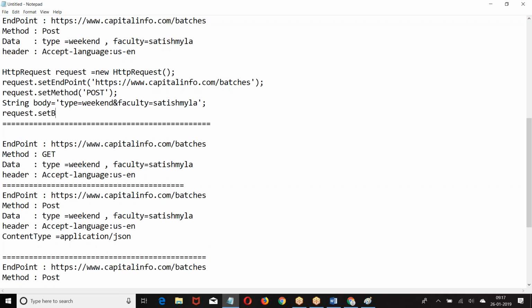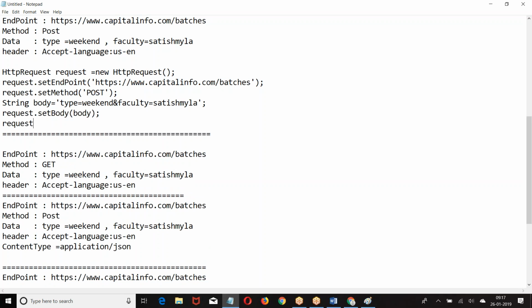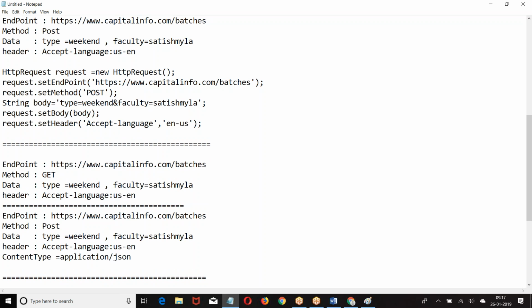Request dot set body. So whatever data we have, we are setting in the body. Next one we have set header. This is the request I created. Because it is a post method, I kept everything in the body.